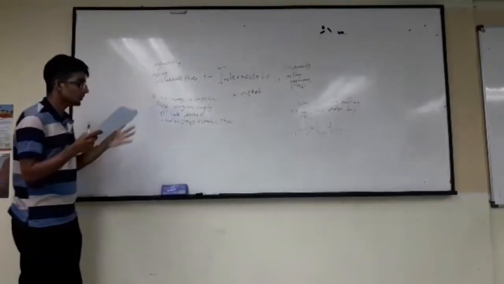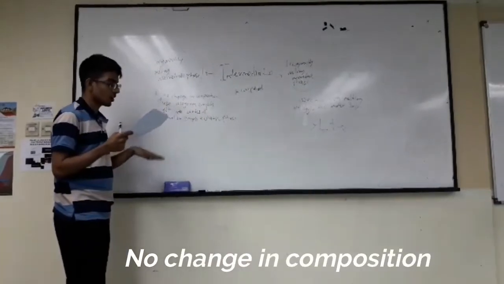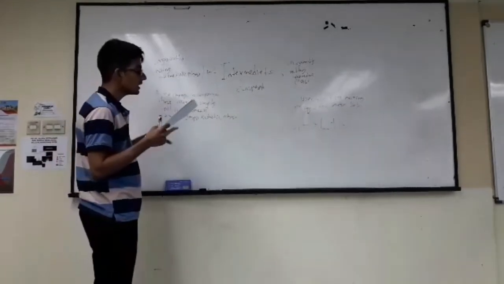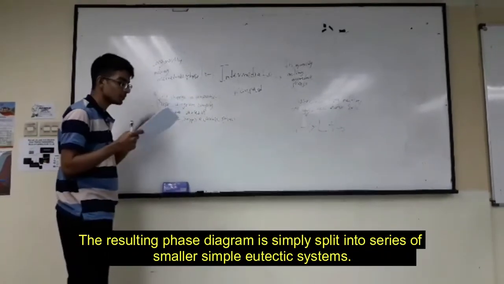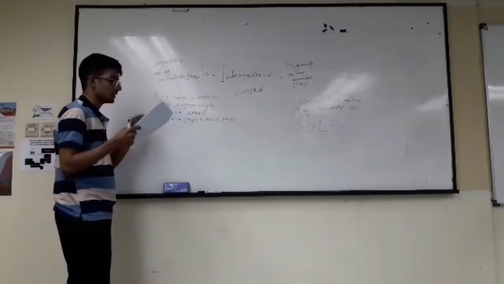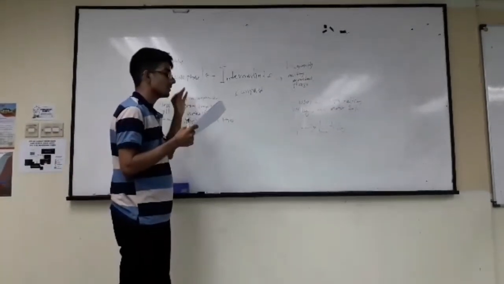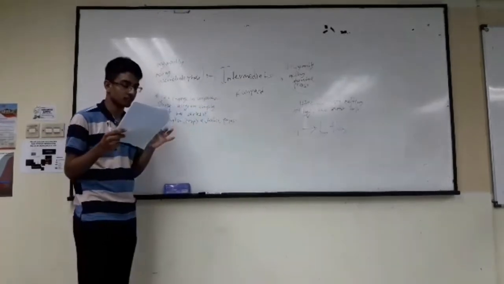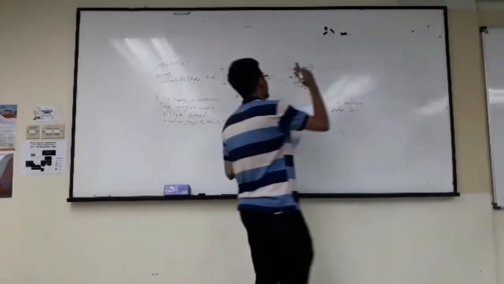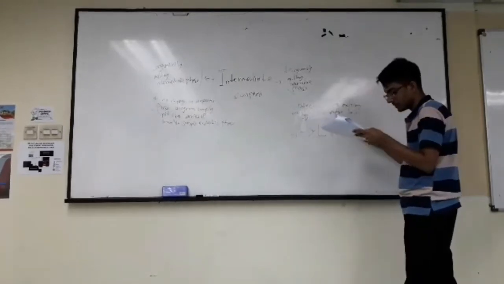Okay, for a congruently melting intermediate phase, there will be no change in composition of the two solid solutions that are involved. The phase diagram will simply be split into a series of smaller simple eutectic systems. It means there will be no change, it will remain as the same composition, but simply split into a series of smaller eutectic systems. But when we see an incongruently melting intermediate phase, the intermediate compound will be